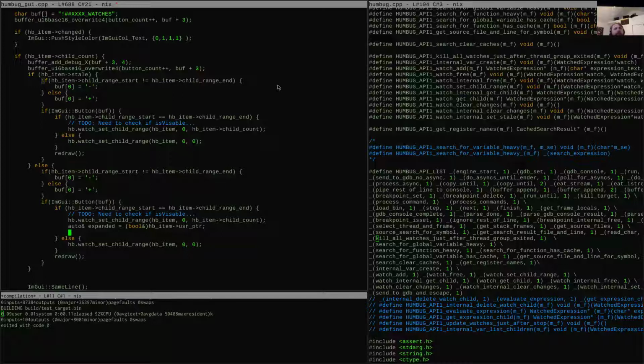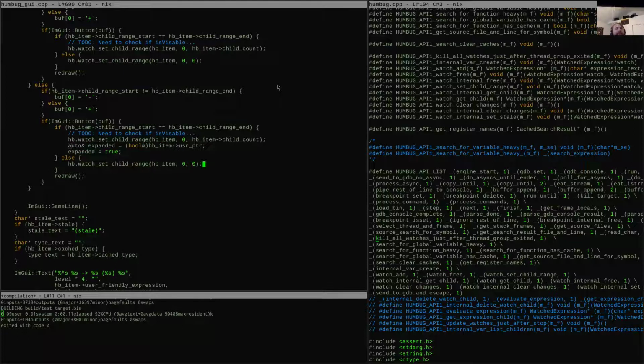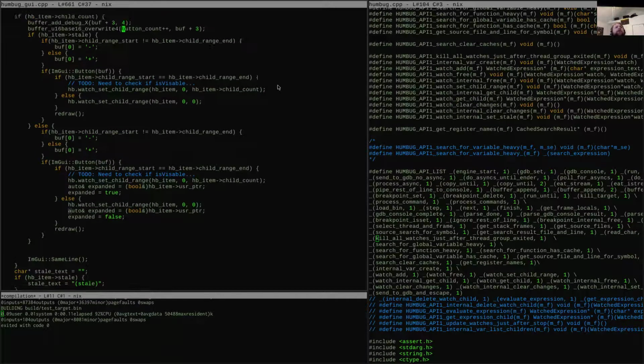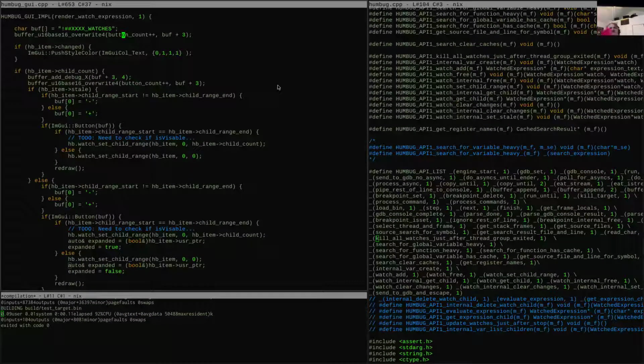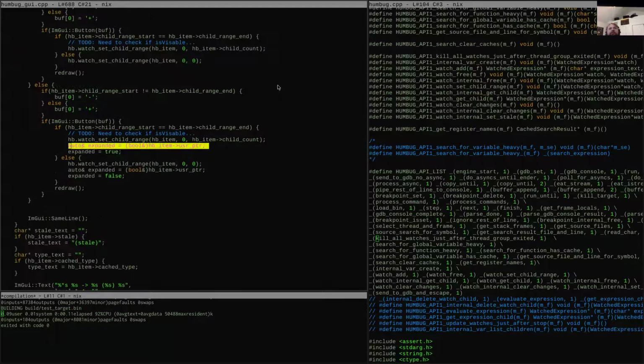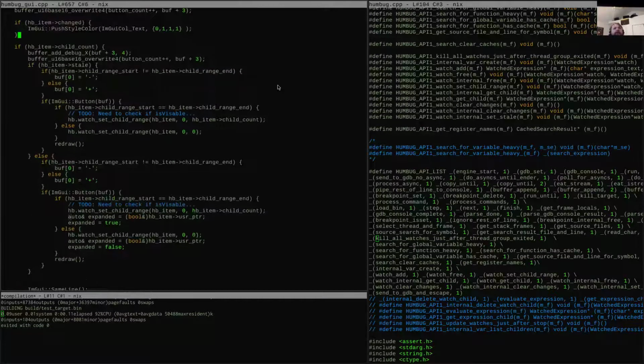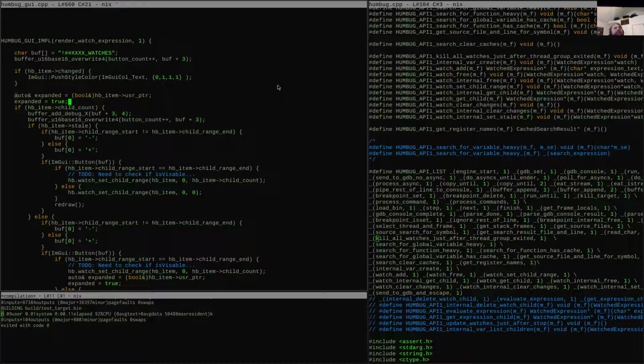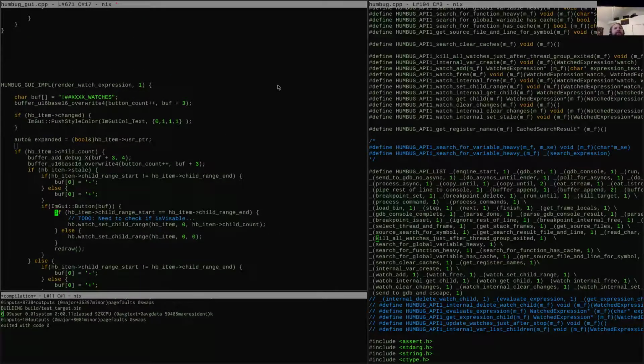Auto expanded equals true, like that, and false. Okay. Then we'll do this stuff here. So we're saving two copies of the idea of expansion. Actually, let's just do that. All right, and